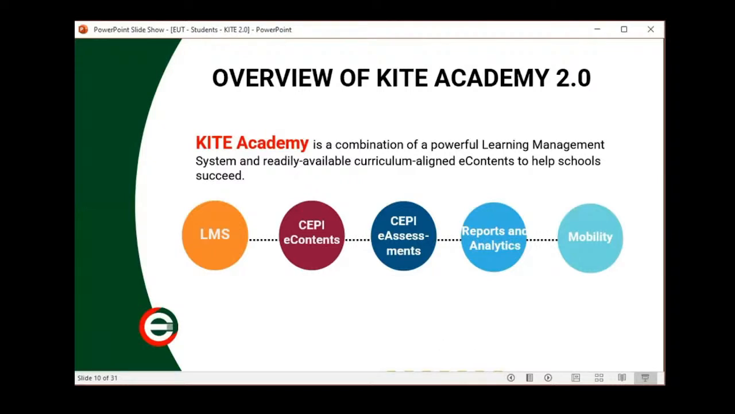So we have readily available e-contents, yung mga contents such as ebooks and e-lessons with built-in e-assessments. All of those are aligned with the curriculum. So we also have access to reports and analytics, which can be accessed in the teacher's account to check and see your progress. So yung mga scores nyo sa mga quizzes and exams and assignments, they are all accessible inside. And lastly, mobility. No, the platform is accessible to different kinds of devices such as phones, tablets, and laptops. So kung meron kayong laptop or kung meron kayong cellphone or tablet, you can access KITE 2.0 using any of these